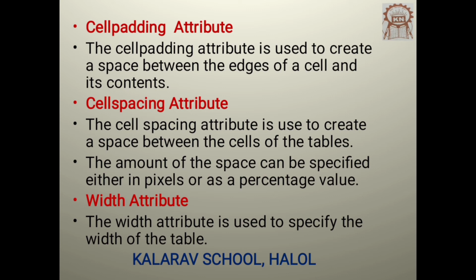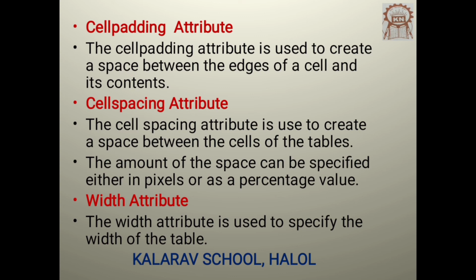Similarly, if there is a border around each cell and the text touches the border, it will be hard to read. Adding some space as padding to the cell makes their contents easier to read. The cell padding attribute pads some space inside each wall of the cell of the table. The value can be specified either in pixels or as a percentage value.